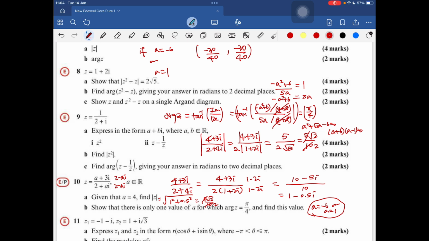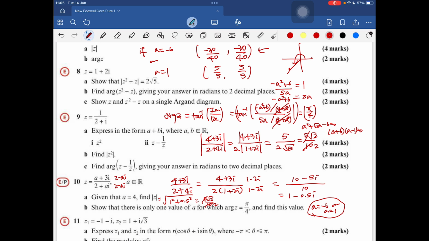And when it is 1, then 5 over 5, comma, 5 over 5. You know, this is on quadrant 3. When in quadrant 3, the argument is not positive pi over 4. Actually, the argument is 5 pi over 4. This is not the correct one, because this is always the problem when we find